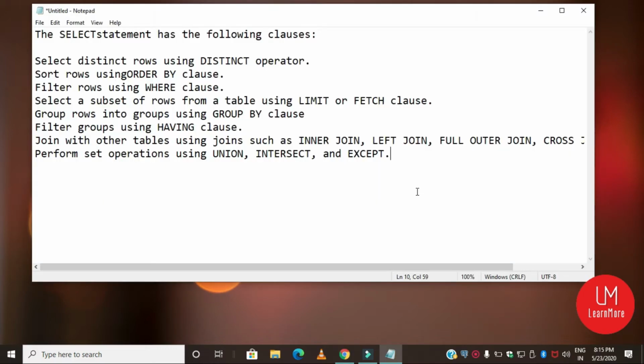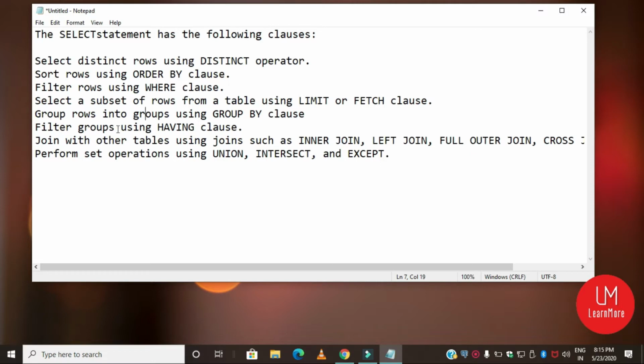Select statement has the following clauses. Select distinct rows using the distinct operator. You can sort rows using the order by clause. You can filter rows using the where clause. You can select a subset of rows from a table using the limit or fetch clause. Group rows into groups using the group by clause.